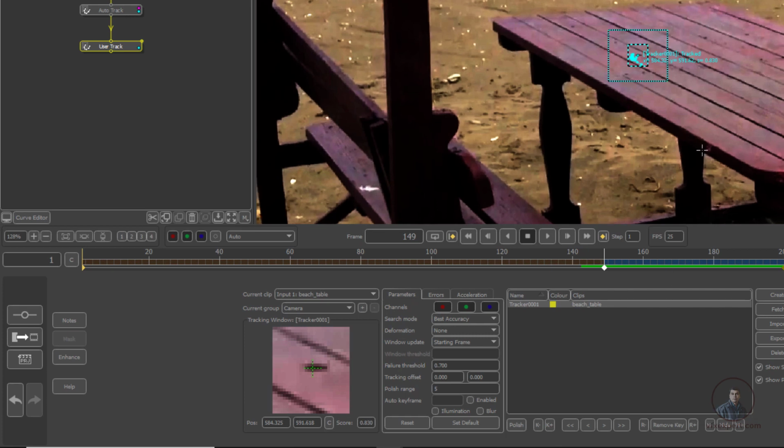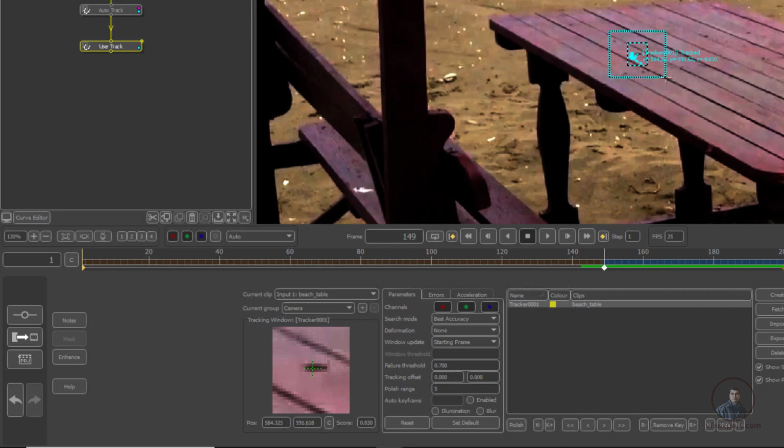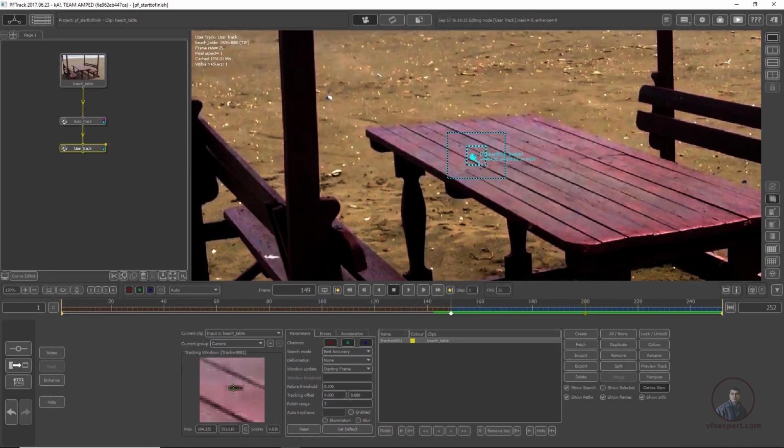Then if you want, you can adjust the search region or search area a little bit. Even the points, if you want, you can also adjust a little bit. Then again click on backward track. Even frame by frame you can track if any problems like blur or something is disturbing your point.